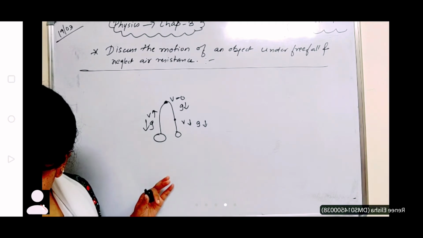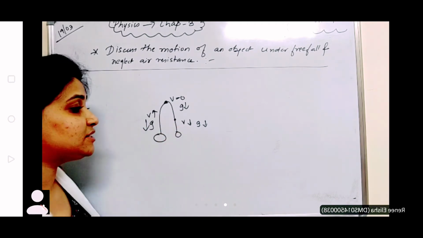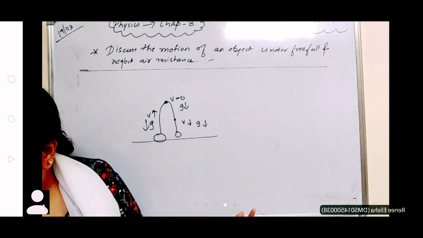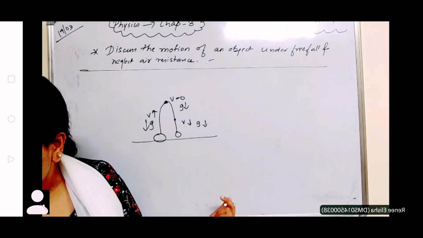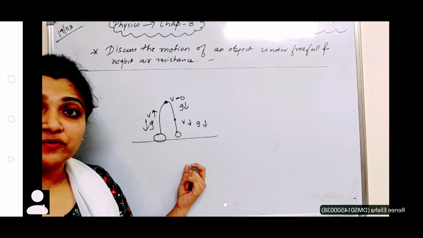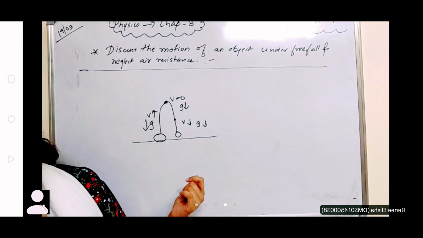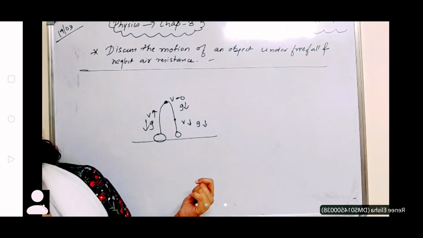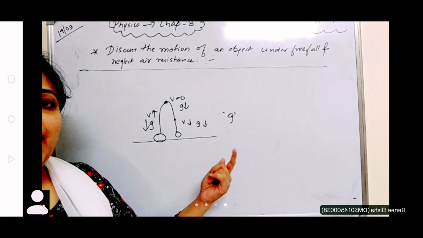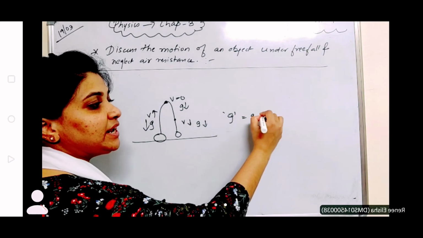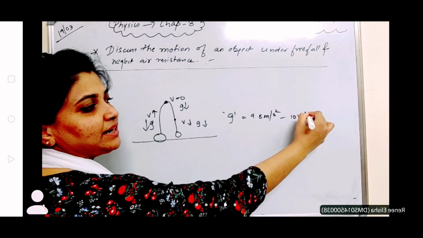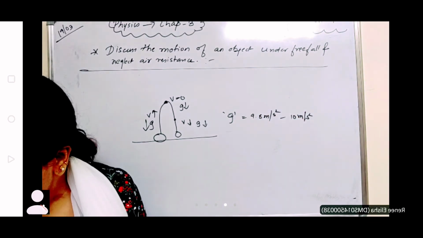So therefore we can say, whatever object is released near the surface of the earth is accelerated downward under the influence of force of gravity, right? What is that force? That is called the force of gravity, gravitational force. The magnitude of acceleration due to gravity is represented by g. So you should write all this, okay? And the value of g is what? 9.8 meter per second square, or up to 10 also they take. Some people can take up to 10 meter per second square.